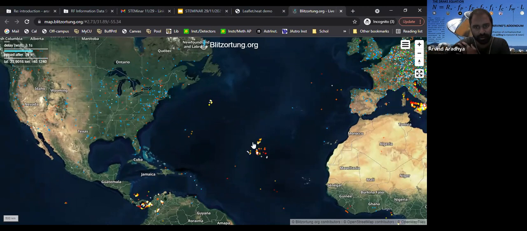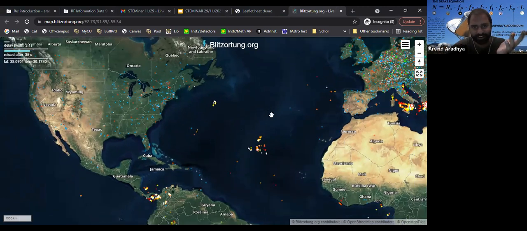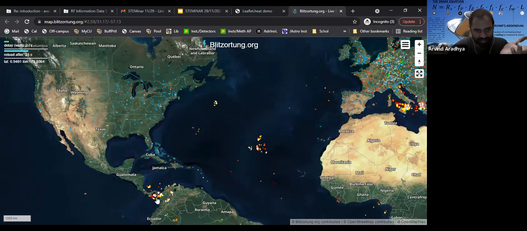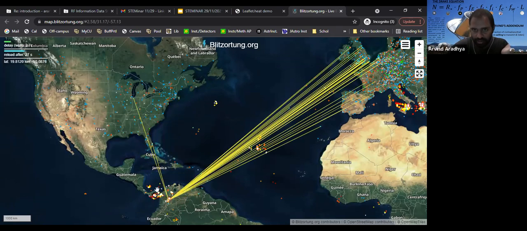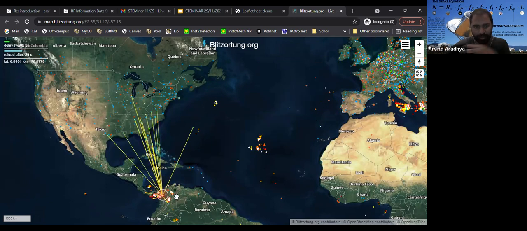And suppose you have, this is Murphy's Law. I swear they were striking really. Okay, so there you go. So that strike that you saw there happened somewhere in Central America, Latin America, but it was picked up by all these stations. And this is that hyperboloid map that I'm talking about.